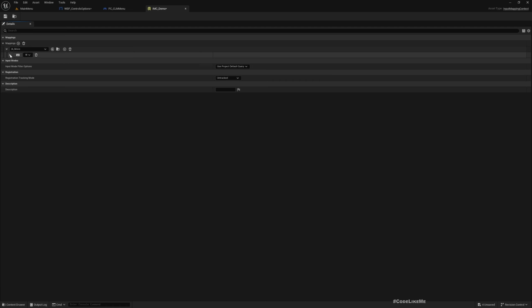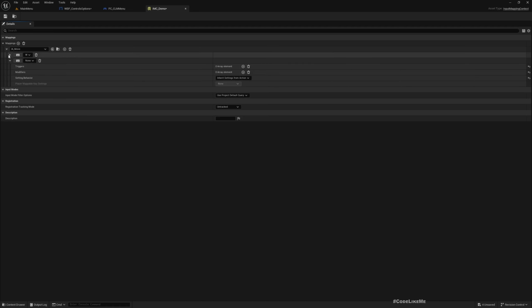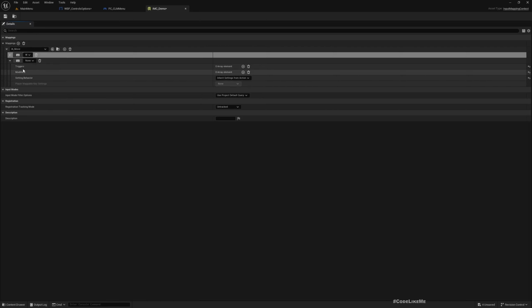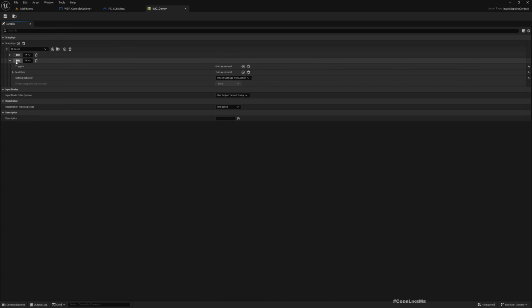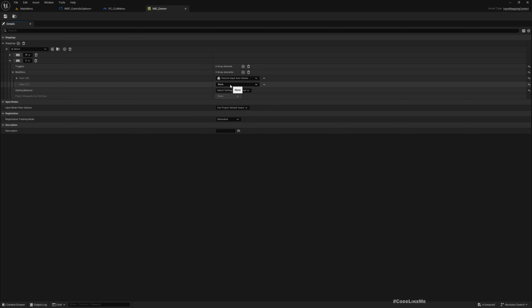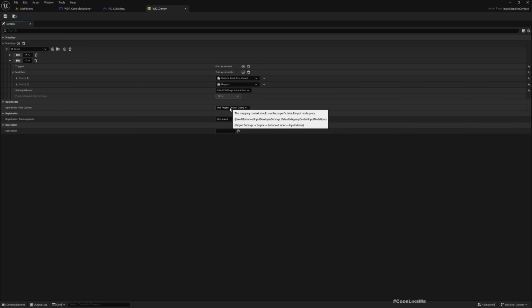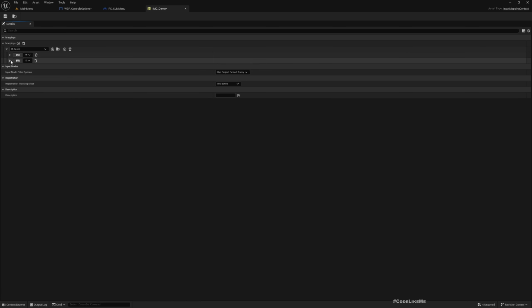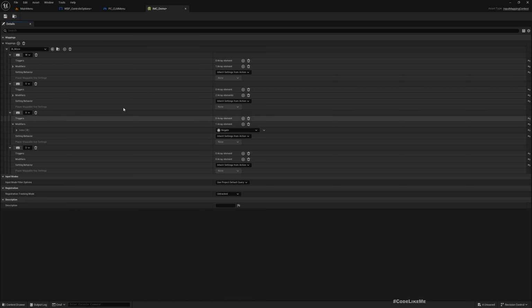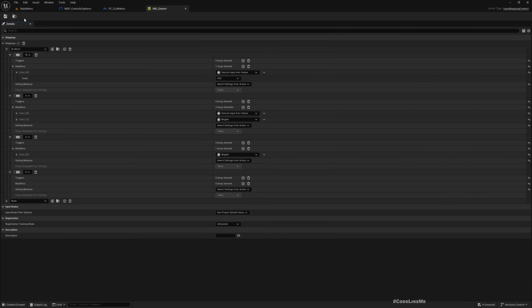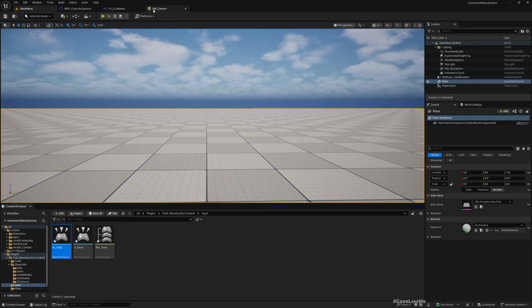Now S should also be in the same way. Maybe we can copy paste, but this should be S instead. And also we would need another modifier to negate this, so this will be backward instead of forward. In the same way I'll add S and E as well. Okay, so these are the settings, and for mapping I'll add the jump as well that I have here,